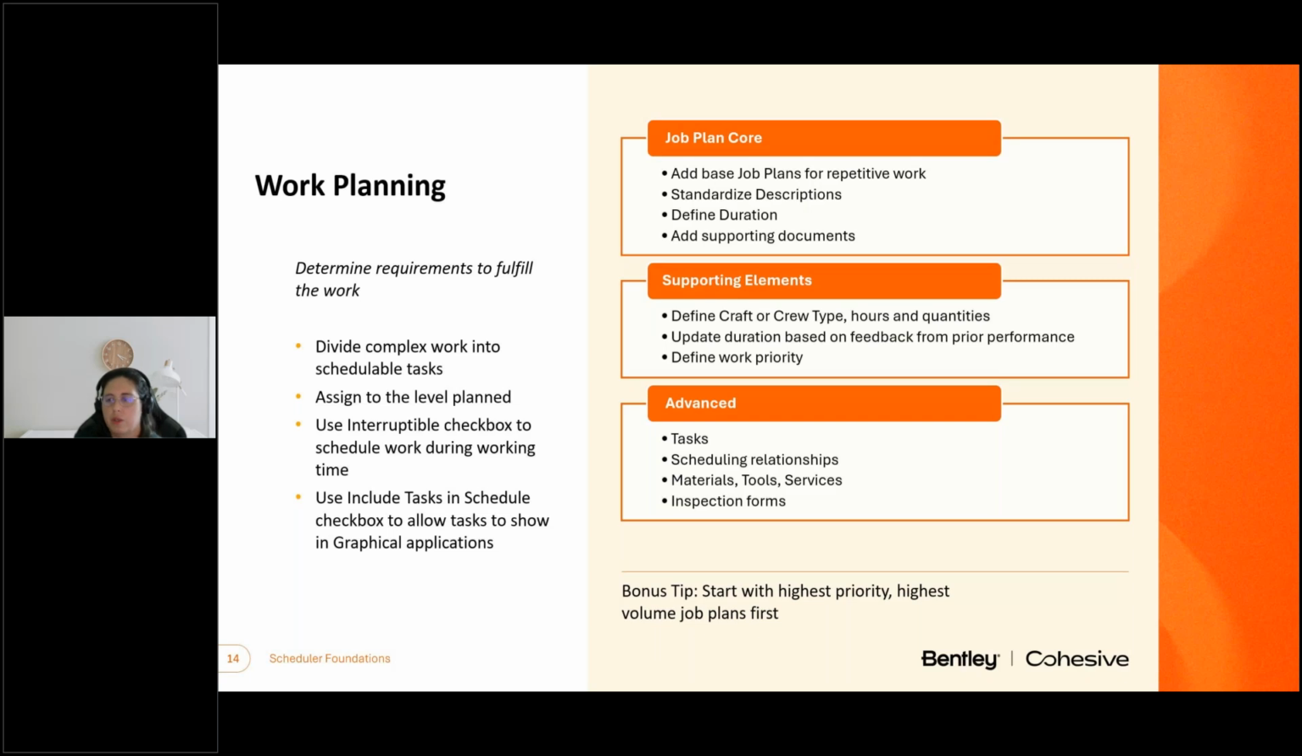For work planning, while it's not required, it's important to consider job plans as well. Consider implementing job plans for recurring work to reduce your replanning time if you haven't already. If your organization is using job plans, many key work order data points can be populated with some minor adjustments